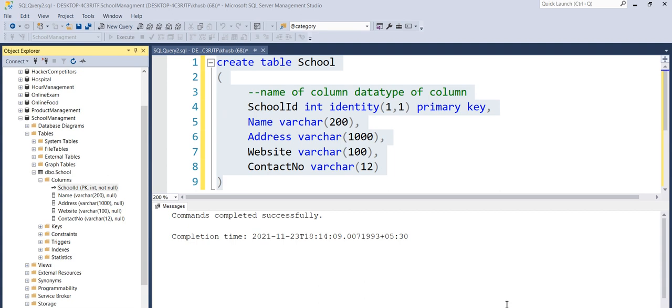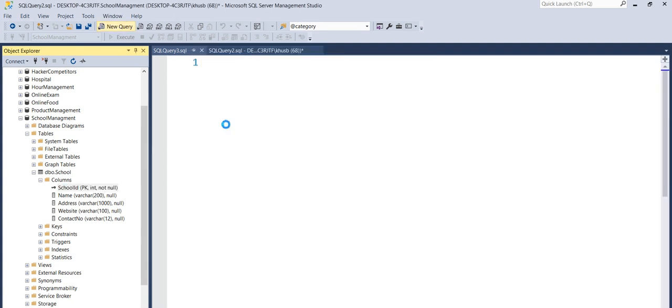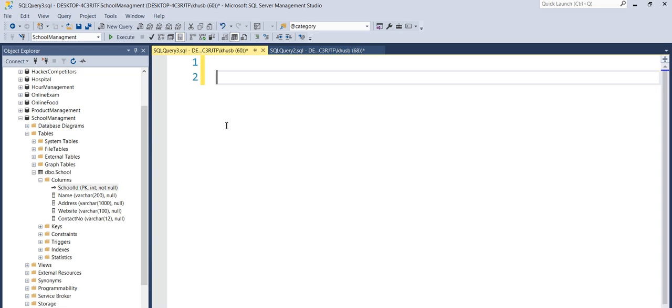Now it's time to add some data to our school table. How can we insert some data into this school table? We need to write a command to insert. To insert any data you need to write insert into, and where you want to insert.